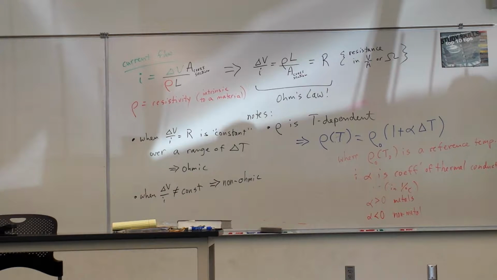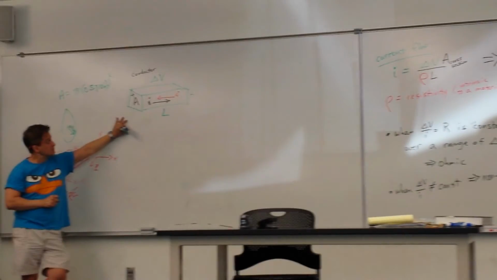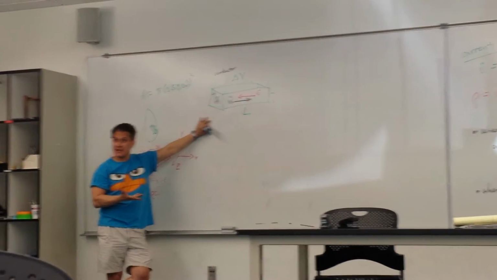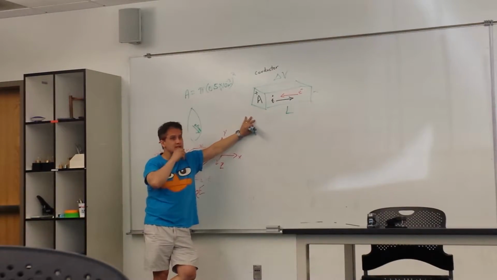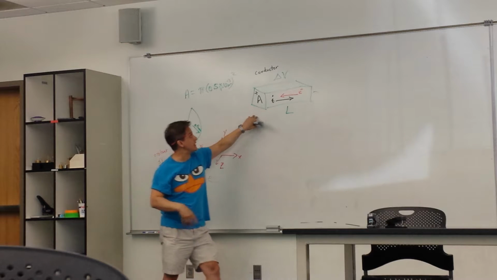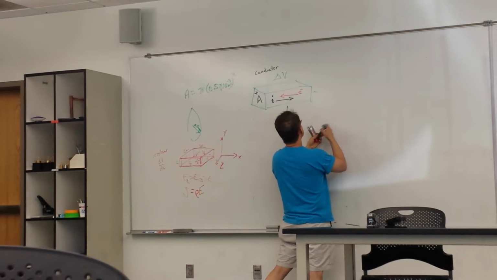Okay, so those are really the three big pieces to how this charge flow is related. Now, I want to go back to this little conductor model for a second. Okay, so this has a resistance. I have no idea what the resistivity is for copper or something like that. But we could say that the resistance of this thing